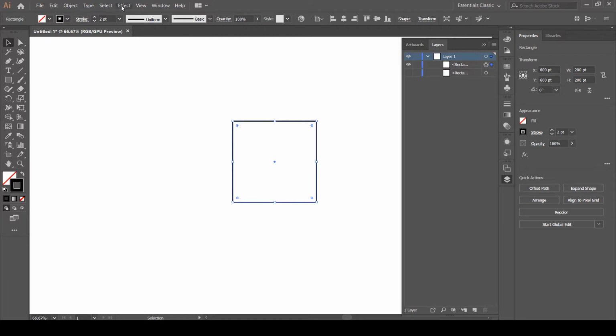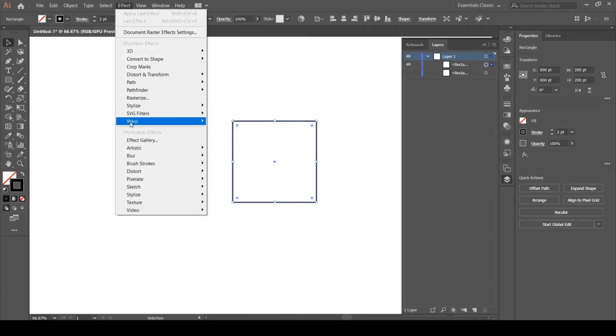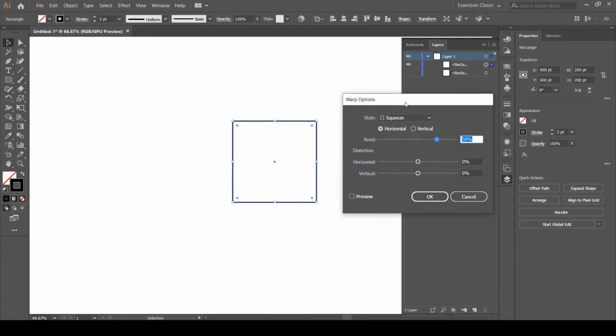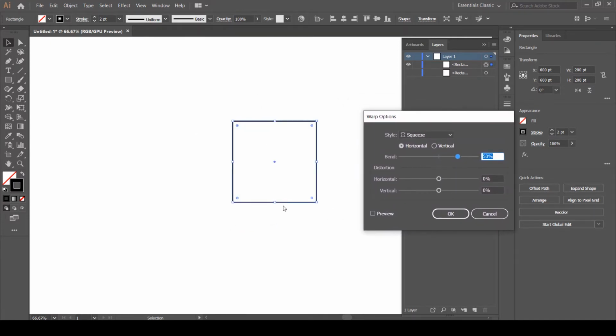So first we need to go to the effects and apply a warp effect, and that is going to be this squeeze effect. So what I have found to work perfectly for this size of the square is, let me click on this preview tab. You can choose any of these, either horizontally or vertically, that totally depends upon you.